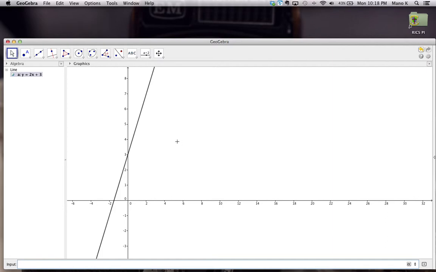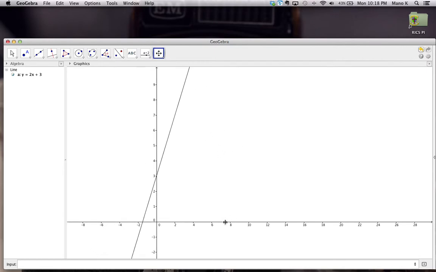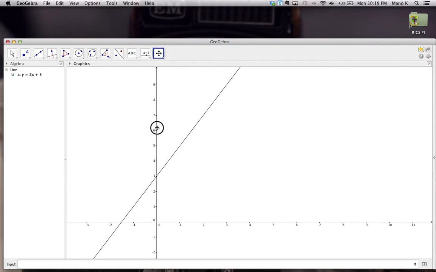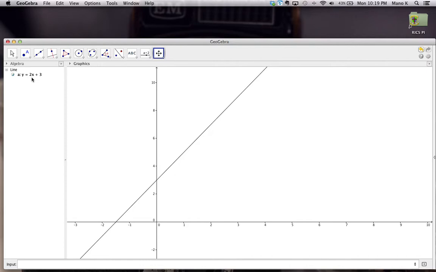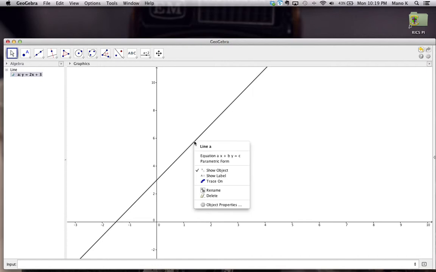Now like I said just now, I want to press this move graphics button and reposition this graph so I can see it very clearly. Okay, and you can see the equation is written down here in the algebra panel. If I want to select this line, then I need to press the move button and I can select the line. We will get into this later, but I'll show you what I can do once I've selected the line. I can right click, go to object properties,